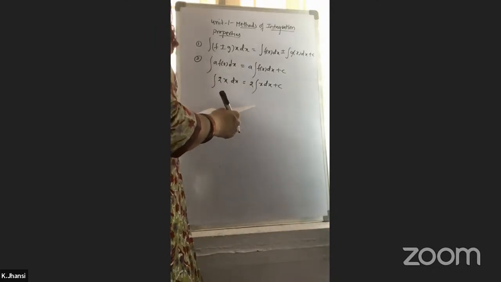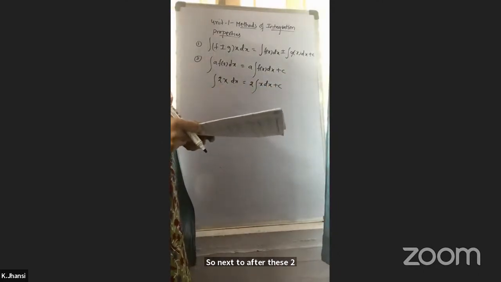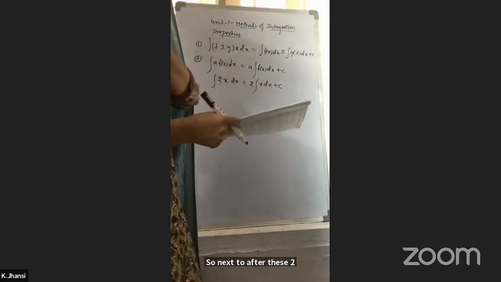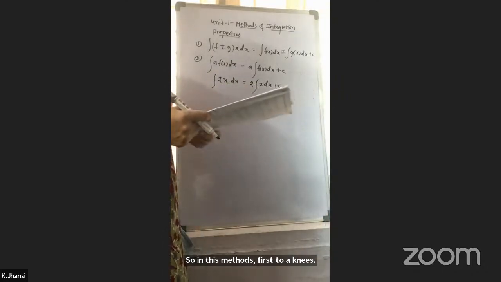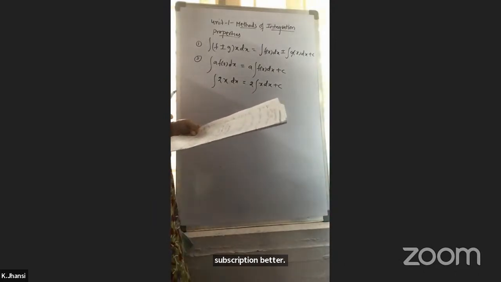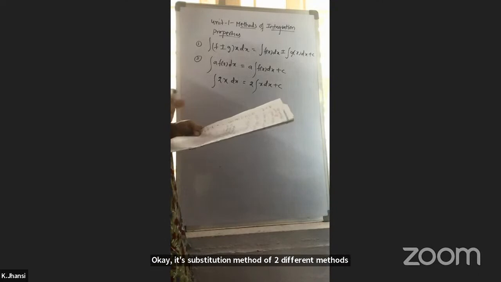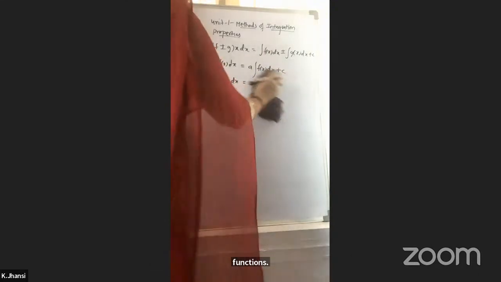So next, after these 2 properties, you have the methods of integration. In these methods, first one is the substitution method. In substitution method, 2 different methods are there. First one is for algebraic and simple trigonometric functions. For this, you have a formula, that is integration of